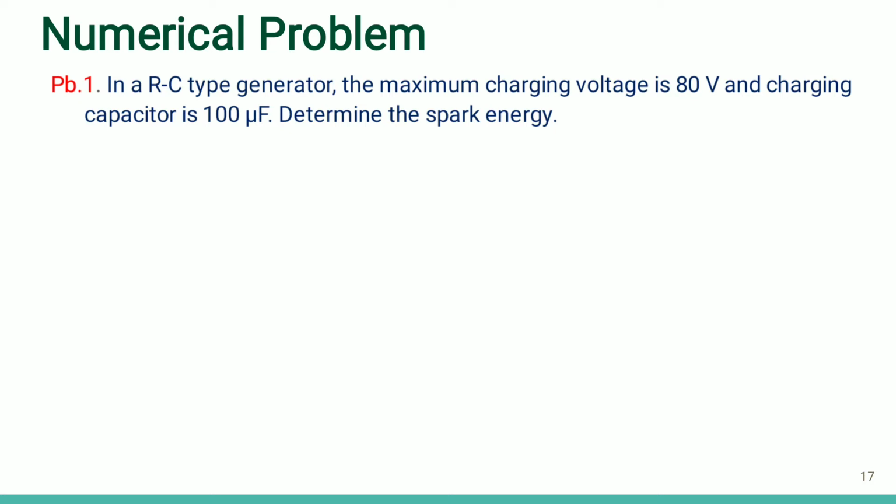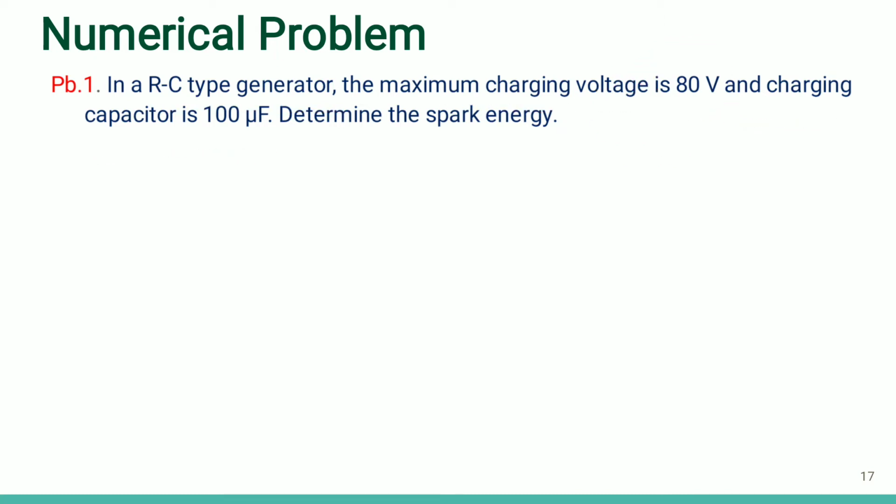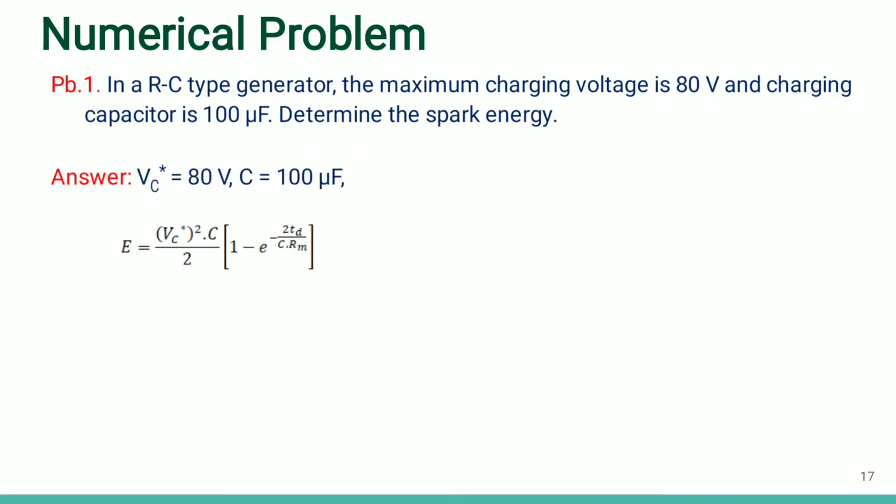The first problem is, in an RC type generator, the maximum charging voltage is 80 volt, so the value of VC star is given to you, and the charging capacitor is 100 microfarad, so the value of C is given to you. Now determine the spark energy, meaning the value of E you have to find out. From the formulas, E will be equal to half of VC star square into C into